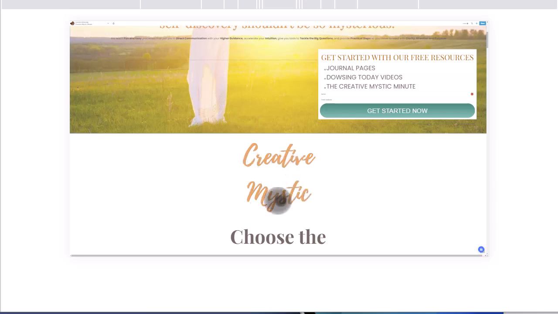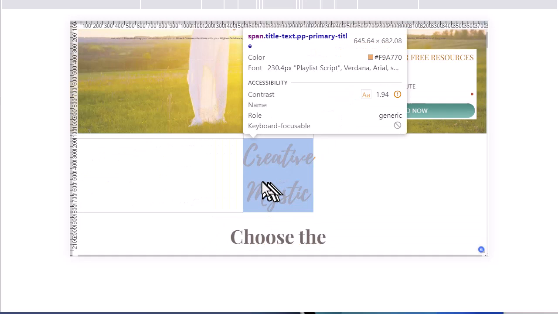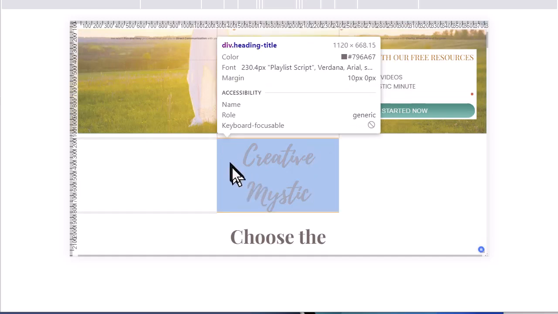So this font scales larger, which means then that the 1200 pixels is fixed, so it can't expand beyond these borders right here. If I drew a border on this, let me see if I can do that. Let me go ahead and highlight something here. Okay, you can see this